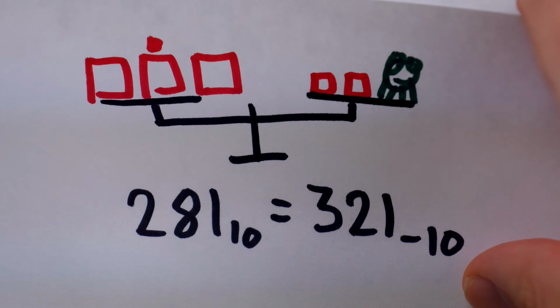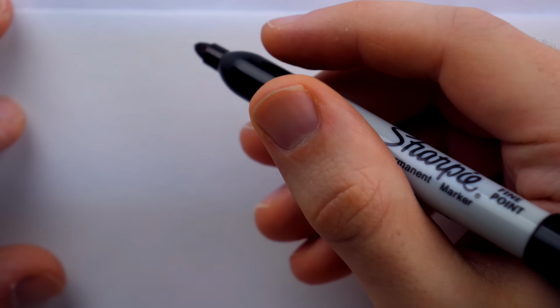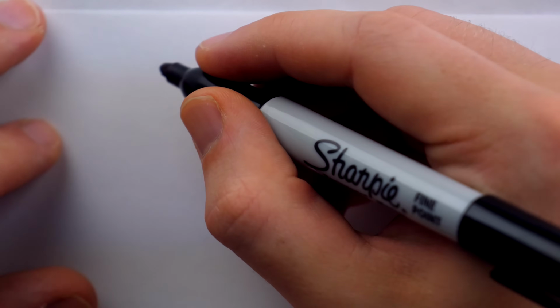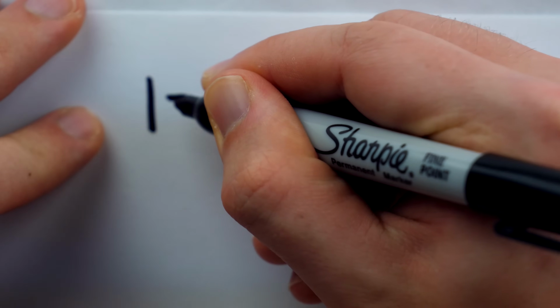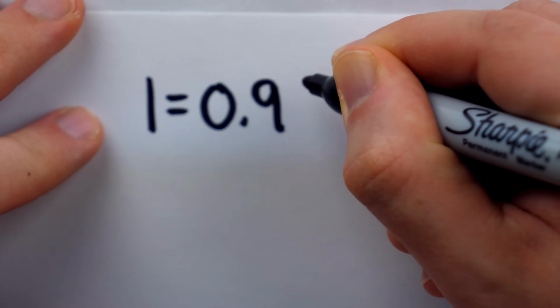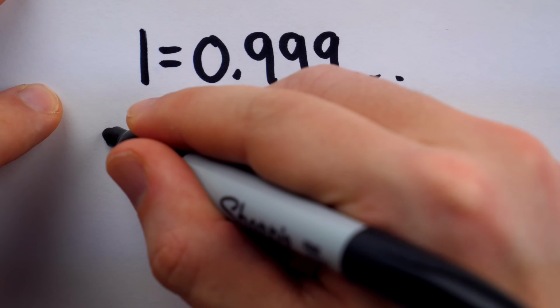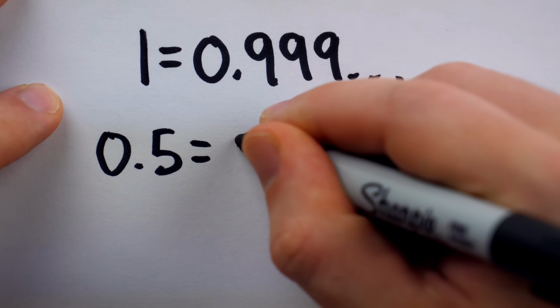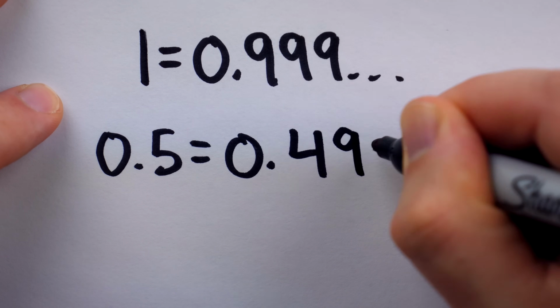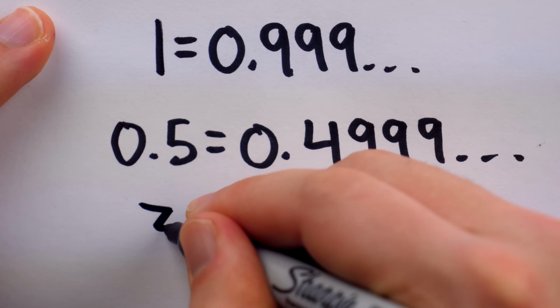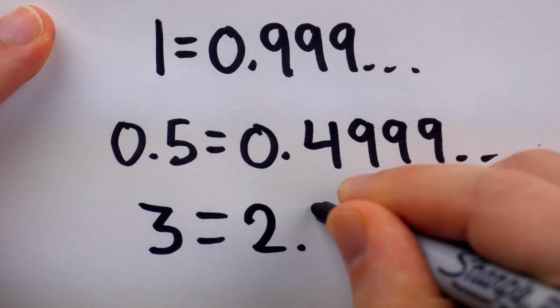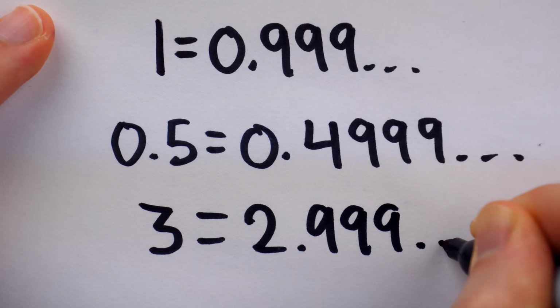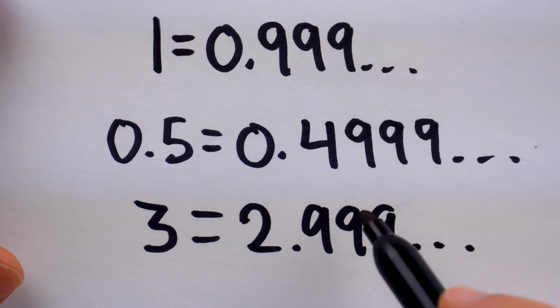Well, I'm glad we have that settled, but to leave these more serious issues behind for a moment, let's consider unique representations. Famously, our positive base systems lack unique representations of numbers. For example, in decimal, 1 is the same as 0.999 repeating. As another example, 0.5 is equal to 0.4999 repeating. We could also represent 3 as 2.999 repeating,